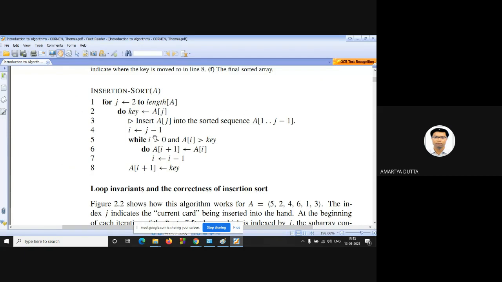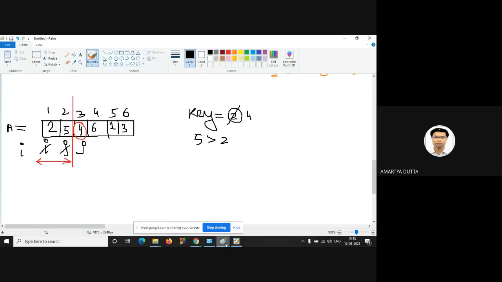Now I is equal to j minus 1. So what is the value of I? I will be 2. Actually, this is the index value, not 5.